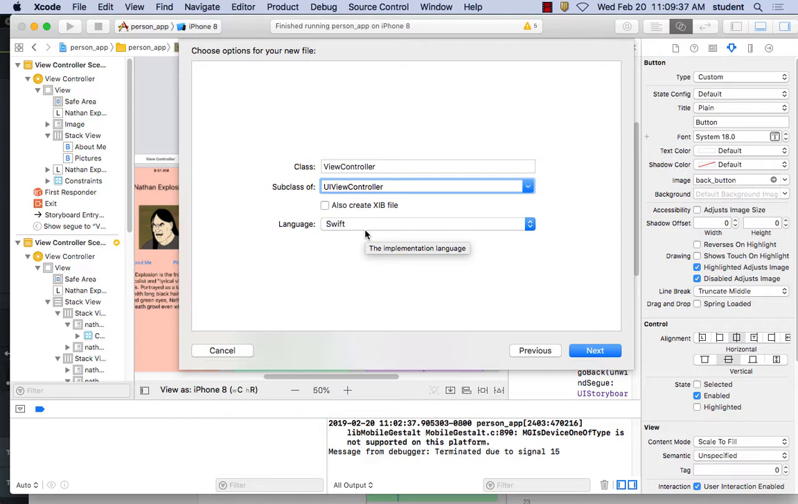Name the new class Attraction View. We can follow the detail if you want. We can call it Attraction. We can use the names that are in there. Attraction Detail